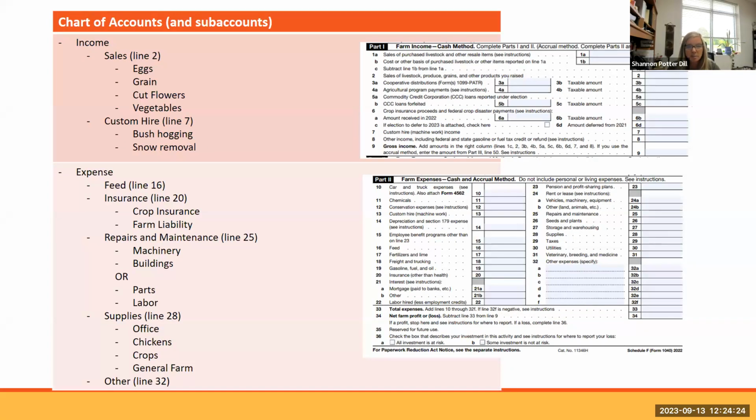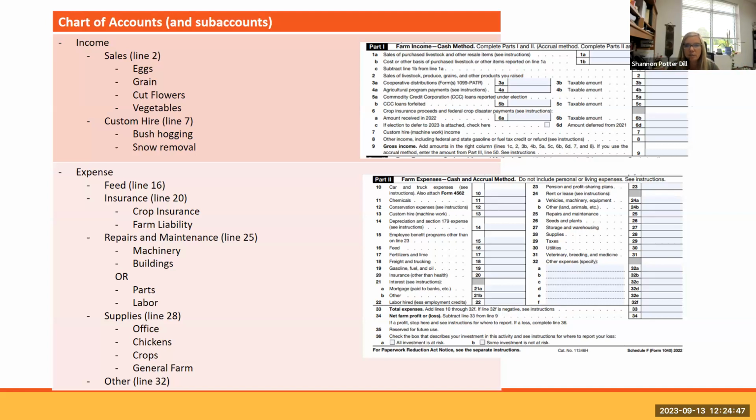The next is repairs and maintenance, line 25. Perhaps I'm going to have repairs on machinery, and then repairs and maintenance on the buildings and structures I have. So I may have 2 sub-accounts there, or perhaps parts and labor is how I might divide it up.